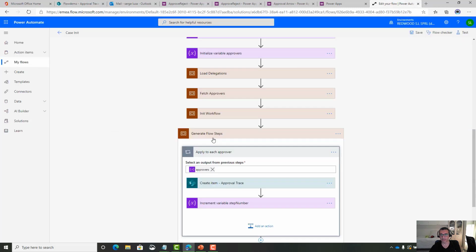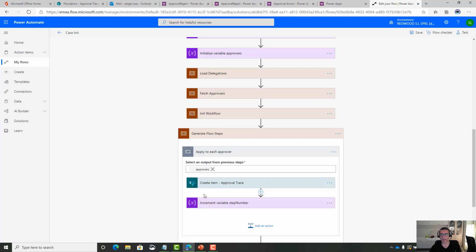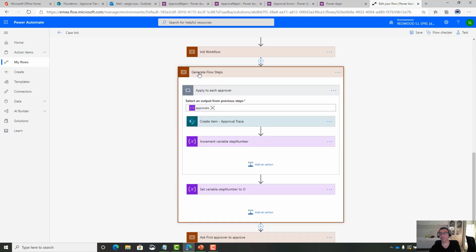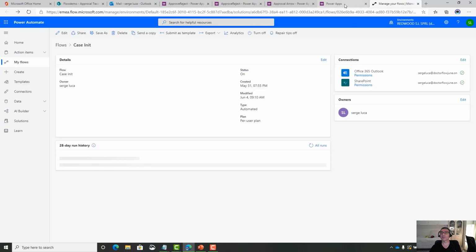Right? And actually you can see this is a scope, but this will become an extension point. This will become a dedicated child workflow. So you will be able to provide your own workflow that will generate steps based on your own custom logic if you want, and your own workflow will be used by the main flow. Okay, so this is the first flow, and then we have a second flow, which is, let's go to the solution,